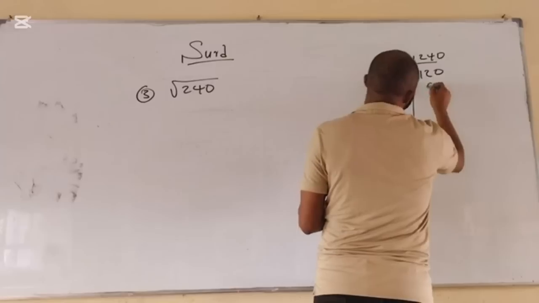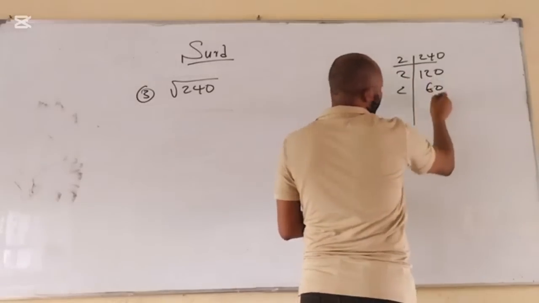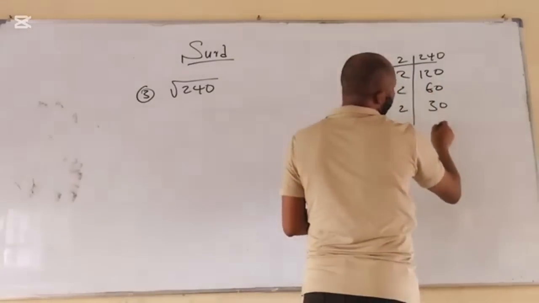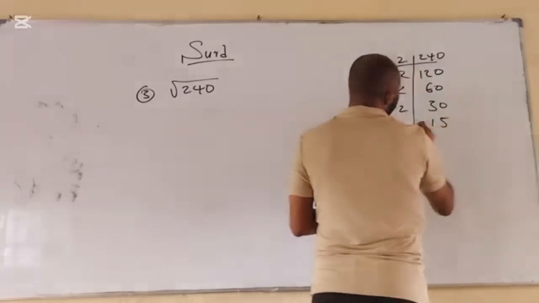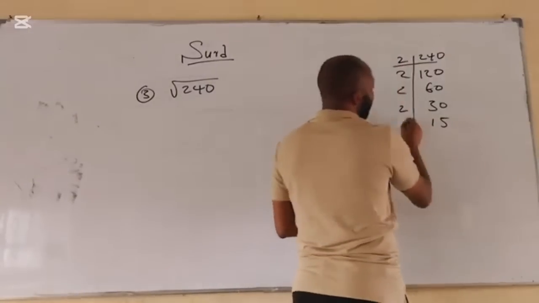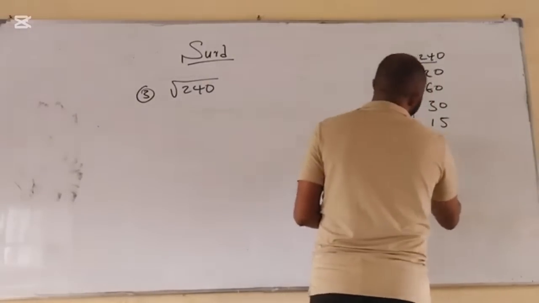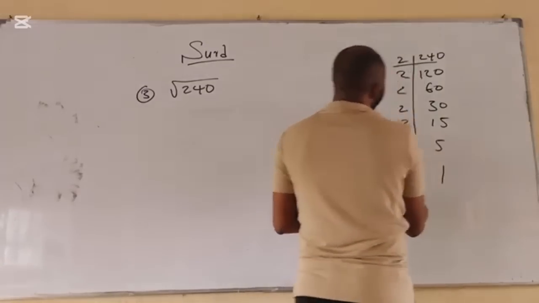2 go here now will give us 60. 2 go there again will give us 30. 2 go here again will give us 15. So 2 cannot go again. 3 go here will give us 5. And 5 go here will give us 1. But I know that